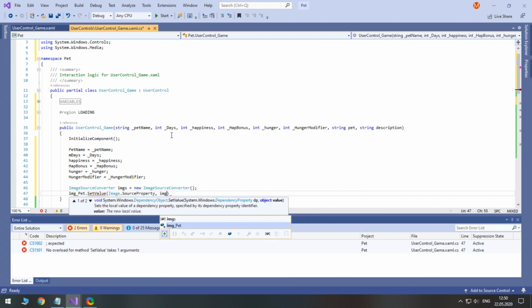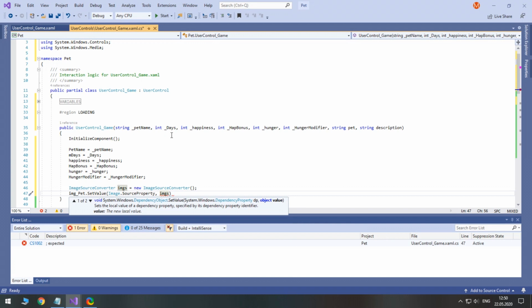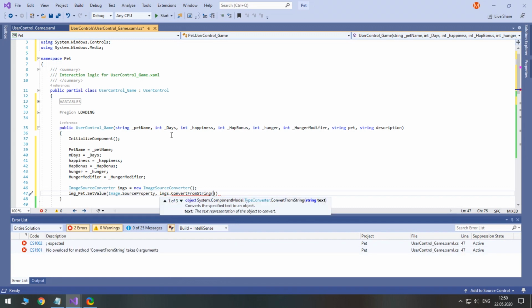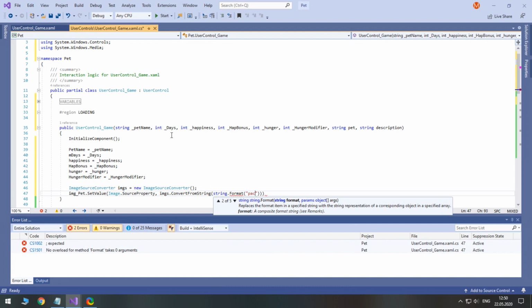This is where we need the image source converter. Here we set the path to the image. That's why we passed the string variable pet based on the pet choice to this user control.